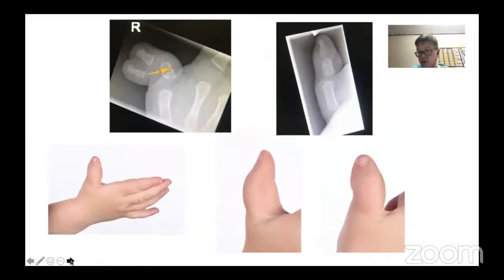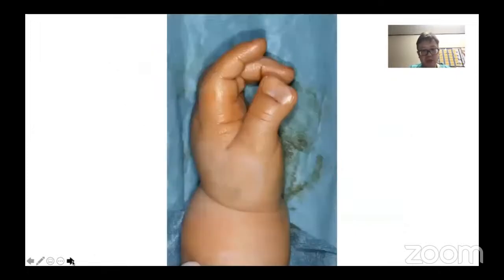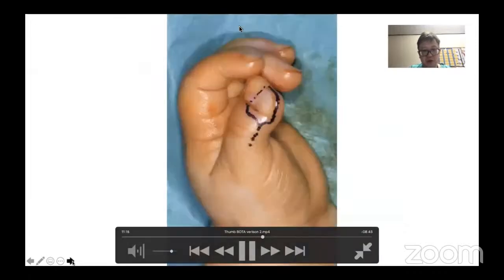And the last principle is skin closure. And this is quite important. This is the bit where my registrars may say to me, do you want me to describe and write the notes for you? And I tell them, no, you stay and pay attention to this very important part of the operation. So let's look at this Wassel 2 duplicate thumb,